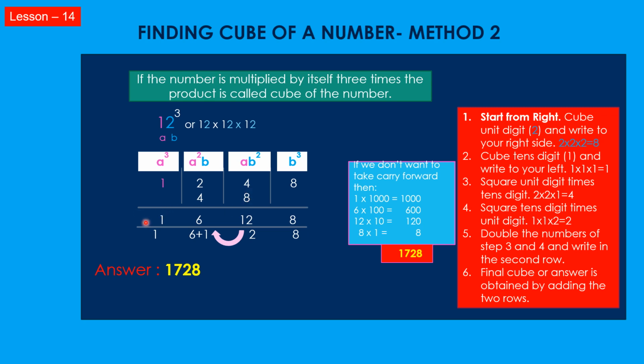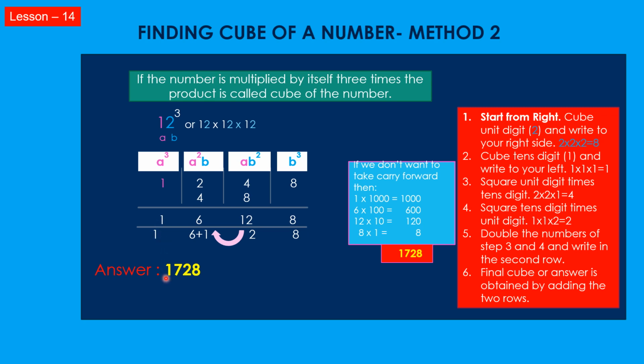And then the final cube or the answer is obtained by adding the numbers from the right hand side. So just write down 8. 8 is a single digit number, so just single number 8 you drop here in the answer box. Next is 12. In 12 you drop the unit digit 2 here in the answer box. 1 is carried forward to the next number, that is 6. 6 plus 1 is 7, drop 7 in the answer box, and last number is 1. Just bring 1 here in the answer box.